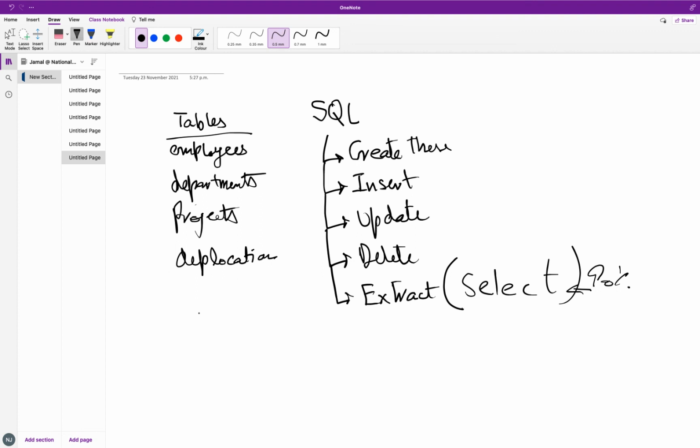So what is a simple trick for SQL? For any particular SQL statement, you have to identify tables. Okay, this SQL query Q1 is asking about this table and this table, right? This is the first step. After reading the question of SQL, you should be able to identify the names of the tables. Okay, if you can do this very easily, believe me, 70% of the problem is solved.